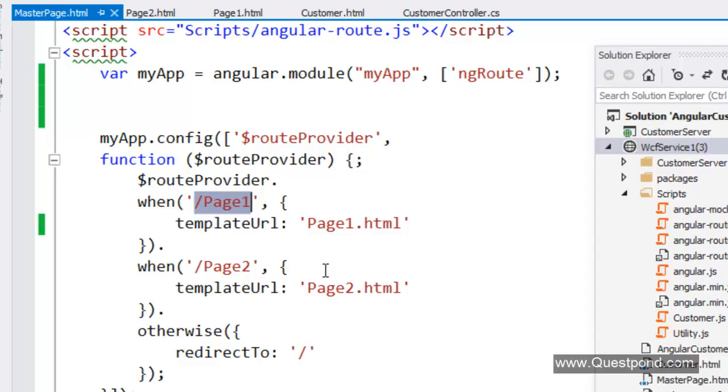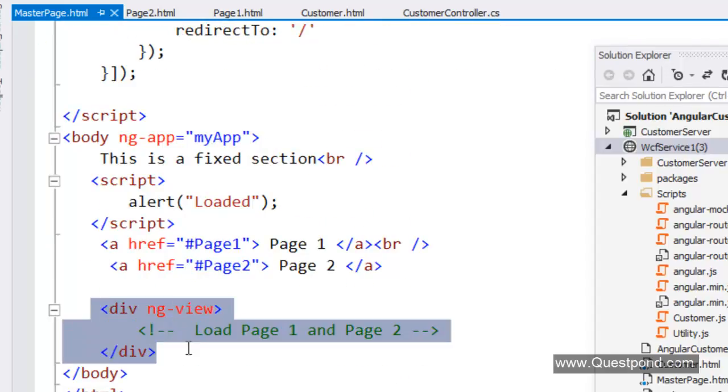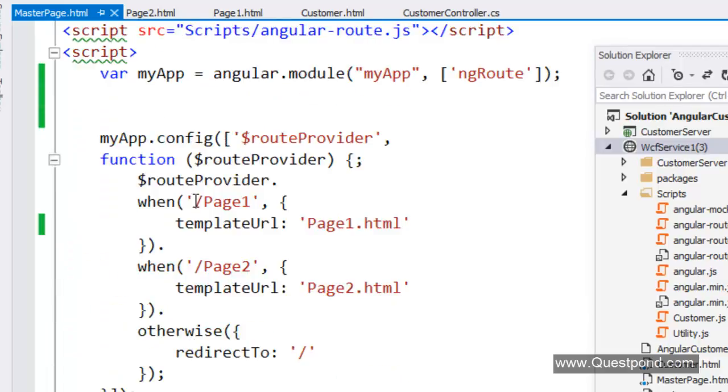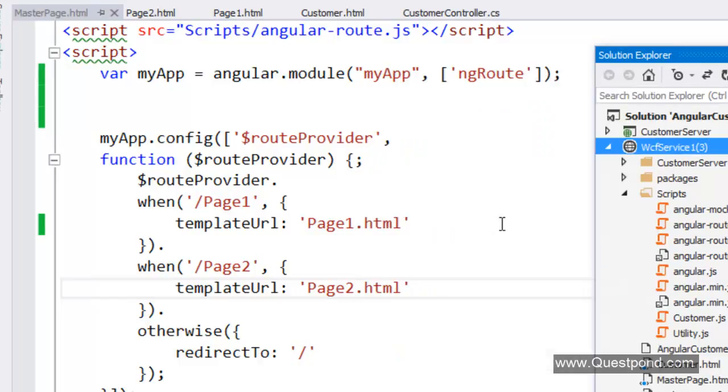We need some better representation here, because you will end up with a lot of URLs mapping to a lot of views, and that can really create confusion. So if we can have a better representation of mapping the views, rather than URL names, that would be better. These are the two big problems with Angular route: one is the multiple views, and the other is whether we can have some representation other than the URL. And that's where we have this great framework,